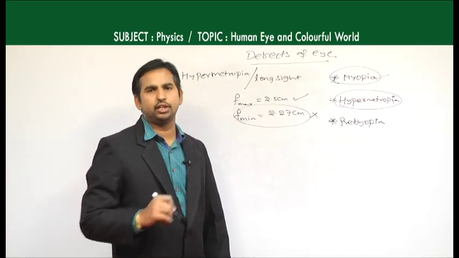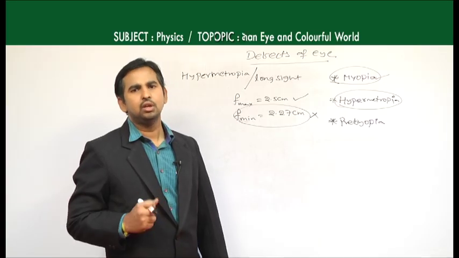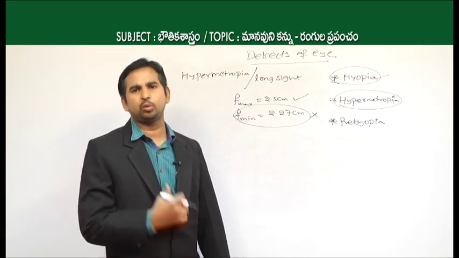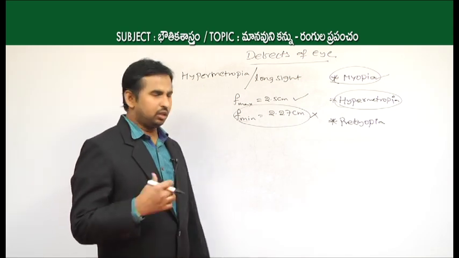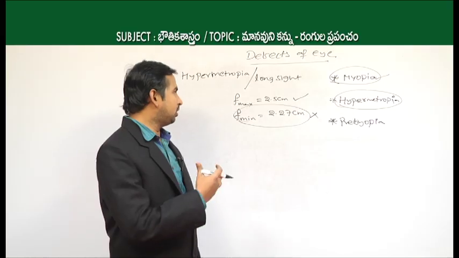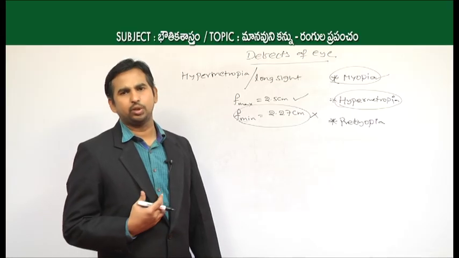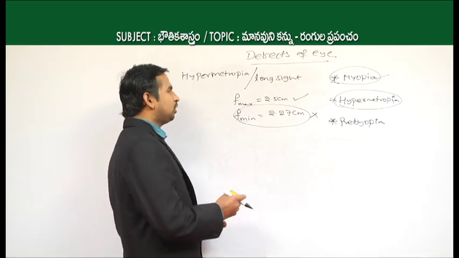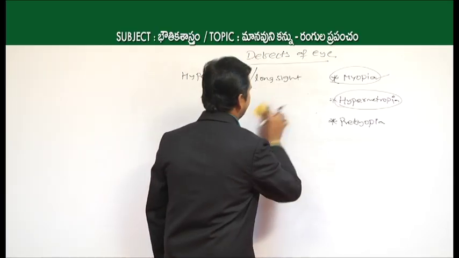So, that is why we are getting the problem of this hypermetropia. This is the reason for getting the hypermetropia defect, which is long-sightedness. Now the question will come about how to manage or cure this hypermetropia. The suggested focal length for the eye lens to be used is